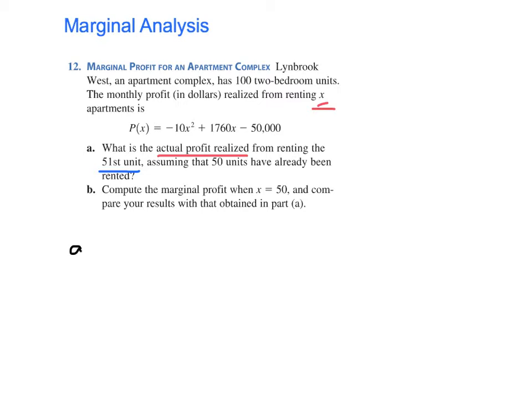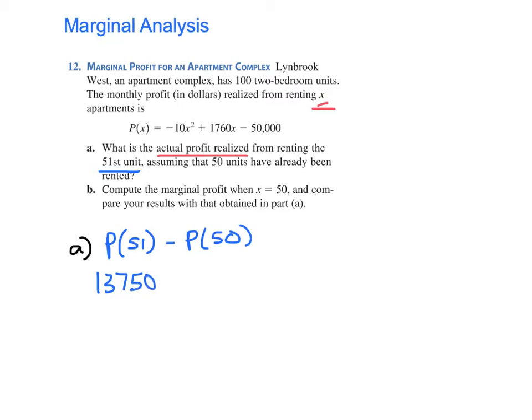And so for letter A, we need to do this calculation: P of 51 minus P of 50. That'll give us the exact calculation. And what that amounts to is plugging 51 into your function and using your calculator to compute that value. I've already done that, and that value came out to